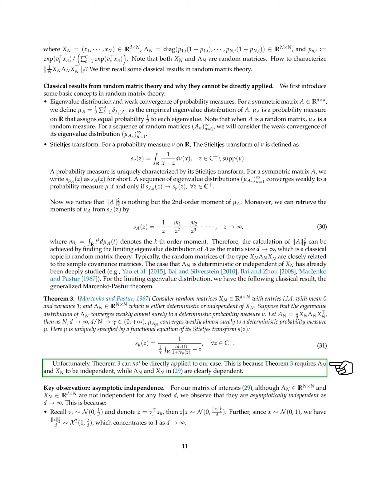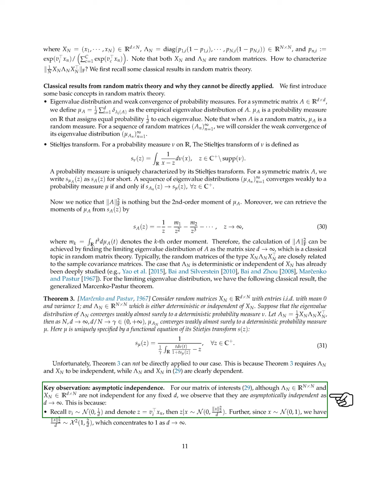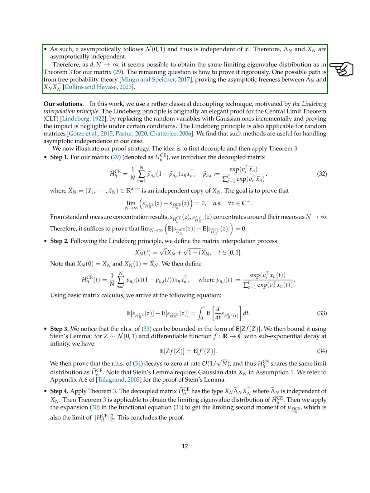We make a key observation about asymptotic independence. Although the matrices are not independent for fixed sizes, they become asymptotically independent as the size increases. This allows us to consider the limiting eigenvalue distribution similar to what is stated in the theorem. The challenge remains to prove this rigorously, and one potential approach is through free probability theory, demonstrating the asymptotic freeness